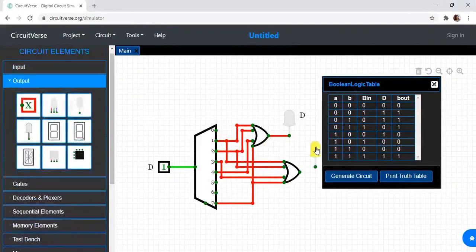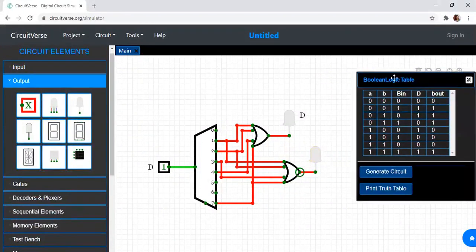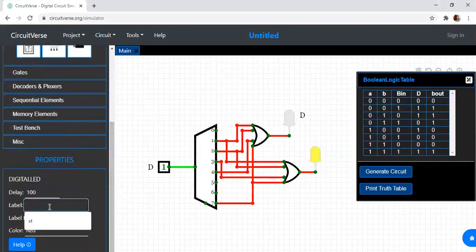If I connect this gate, this will be B out. So let me write B out.